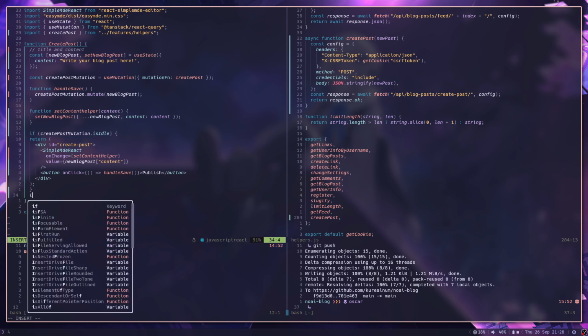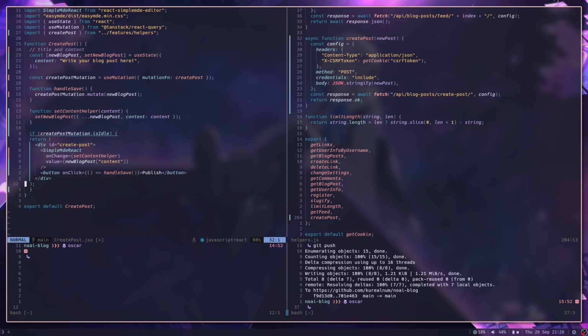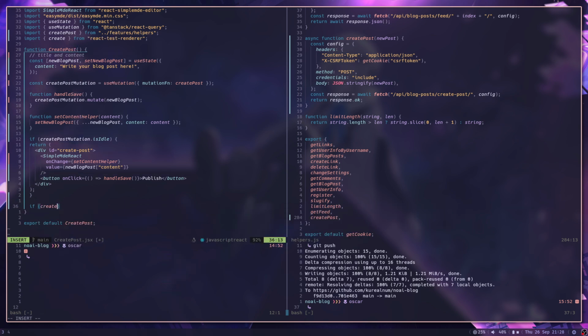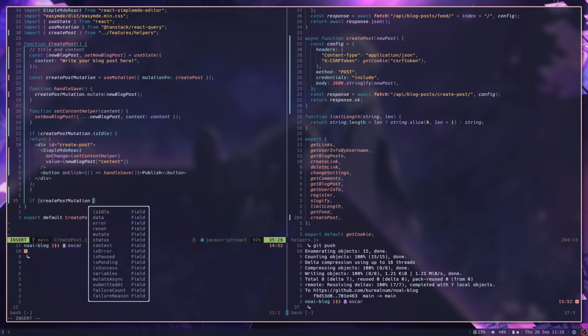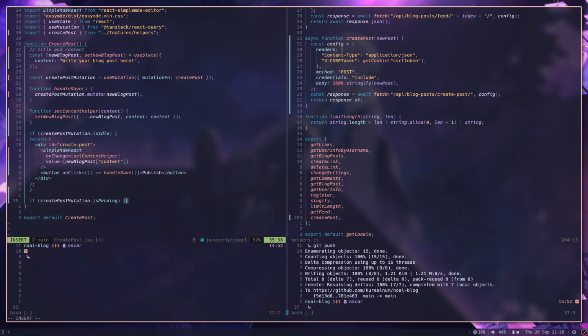And then down here, I can go ahead and say if create... oh, dang, or I didn't want it. It's fine. 29 down. Okay. If create post mutation dot is pending, then okay, so here's where